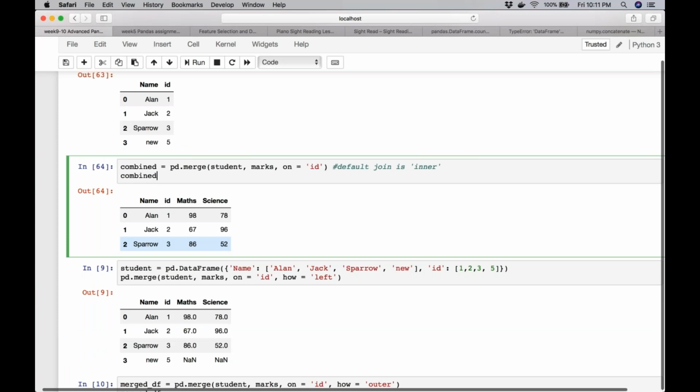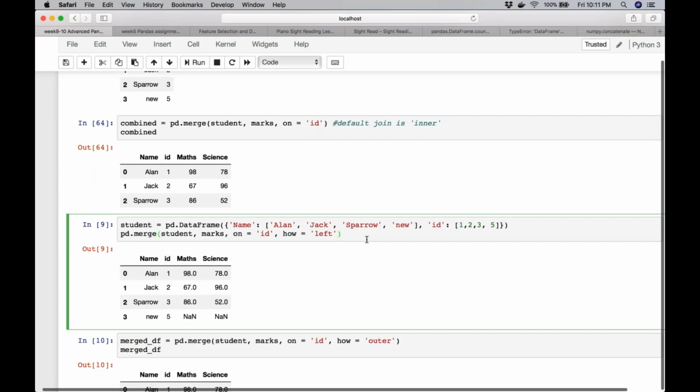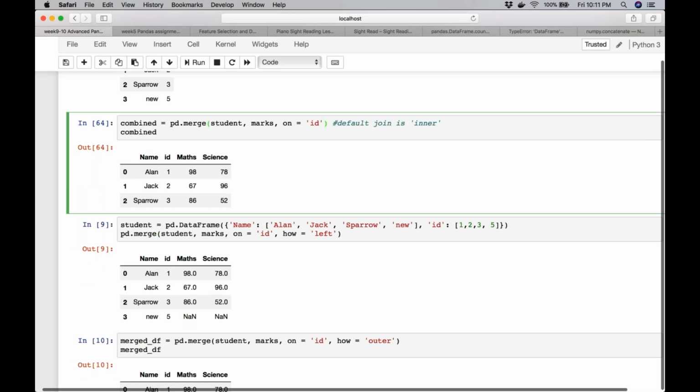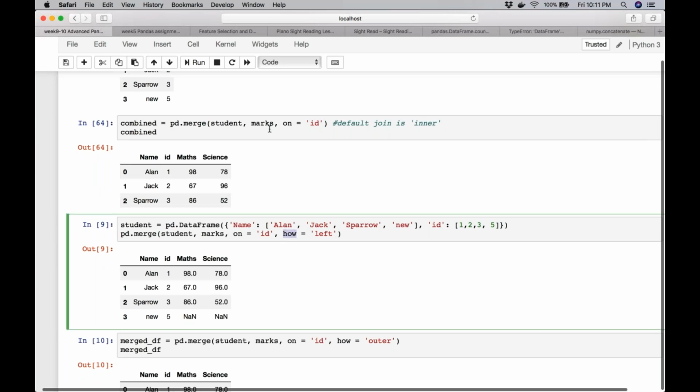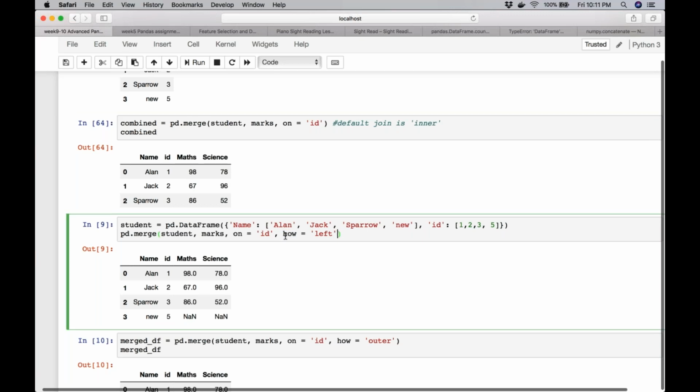And we'll also look at. So now I'm once again, I have created the student, and now what am I doing? So there are 4 different kinds of joins that you can use. If you don't use the parameter to specify the kind of the join, the parameter name is how. So as you can see earlier, I just introduced the first parameter, which is on. That means the column on which you want the merge to happen. Now I'm introducing the second parameter called how.